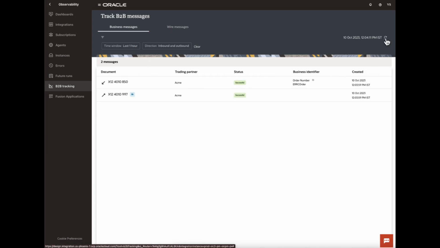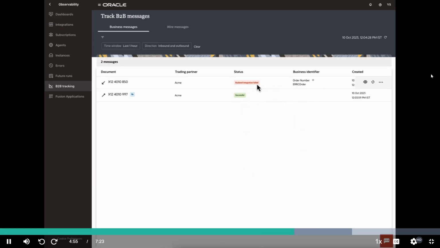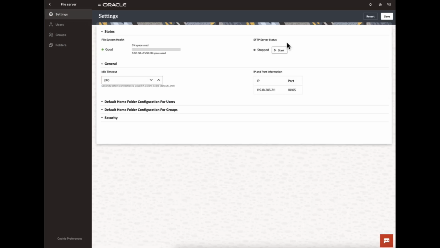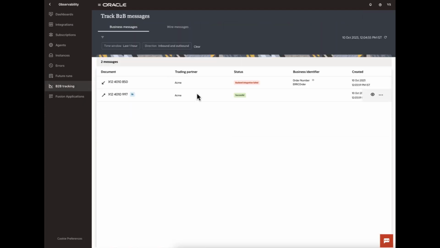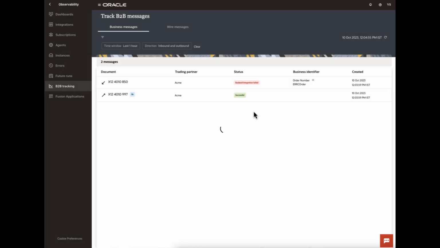And under business message, we notice that there's a backend integration failure. This is mainly because we are unable to write into the server that is consuming this data. So what we do now is go into this and start the server. Now we can go back to our observability, and this particular business message can now be redelivered to the backend endpoint. And you can see when I click on this, it says this will deliver the message again. So resubmit this,